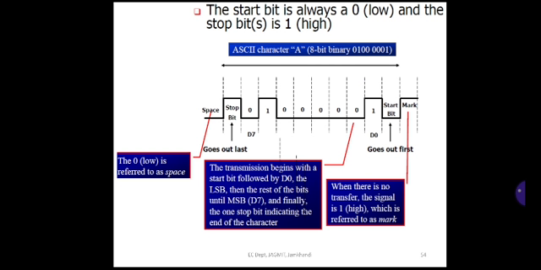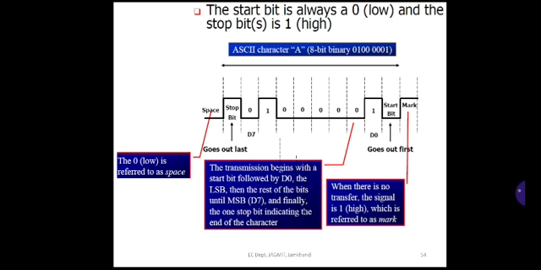So you can notice the LSB is sent out first. It is also mentioned, least significant bit goes out first, that is the start bit. So the start bit goes out. You can observe in the figure, when there is no transfer, the signal is high, that is signal is 1, which is called a mark. The mark signal, when there is no transfer, the signal is 1 or high, which is referred to as a mark.